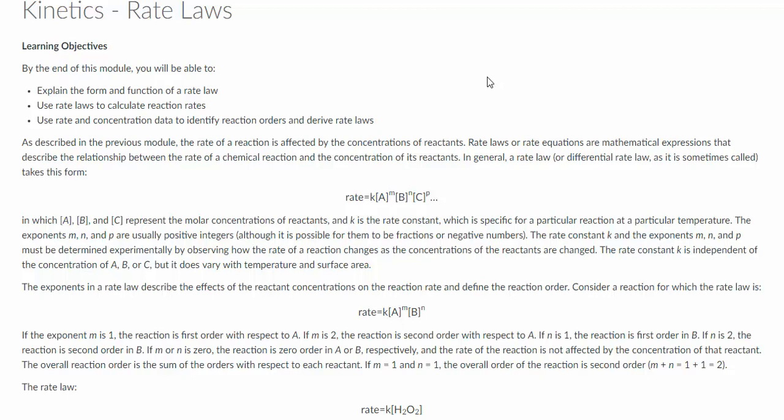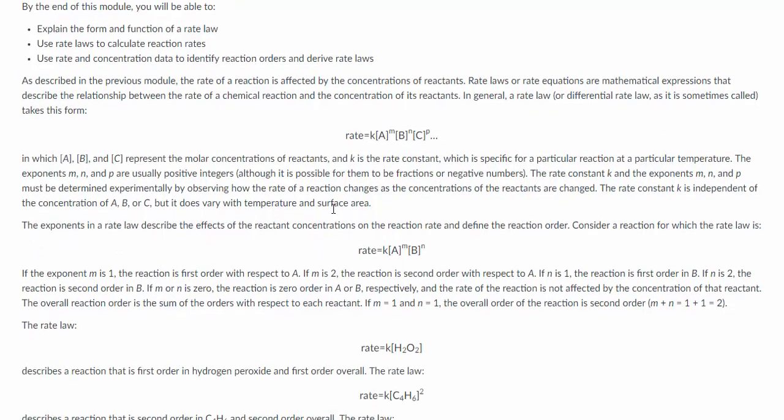A rate law can only be determined by experimental data. You cannot determine any part of this rate law by looking at the balanced chemical equation. So stoichiometry doesn't matter here. What we're looking at is this form here. The rate of a reaction is equal to K, the rate constant, times the concentration of our reactants raised to